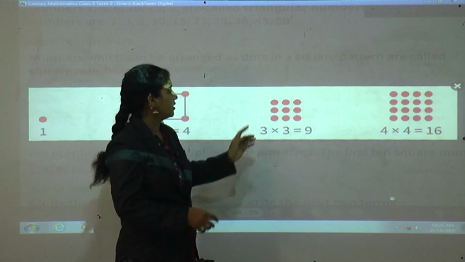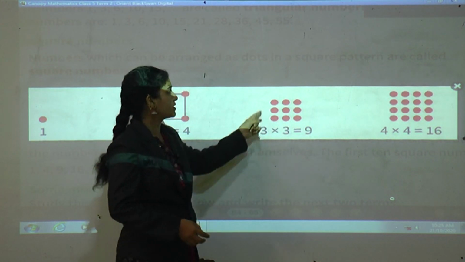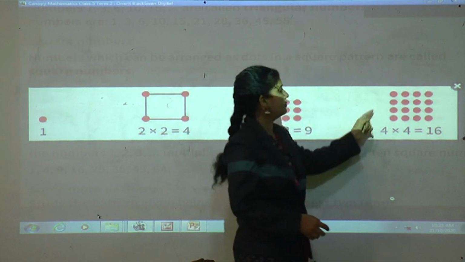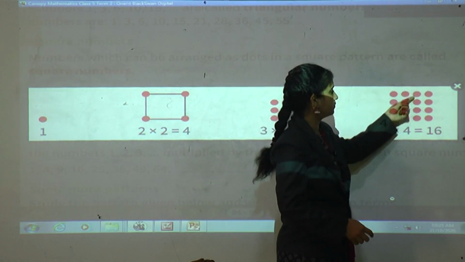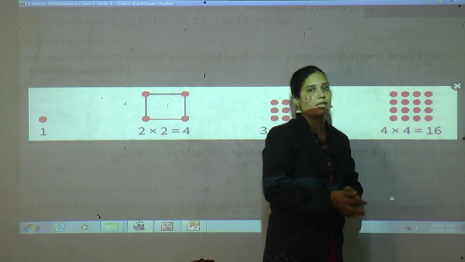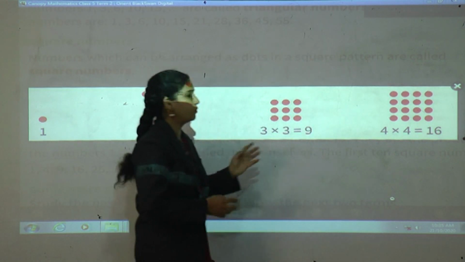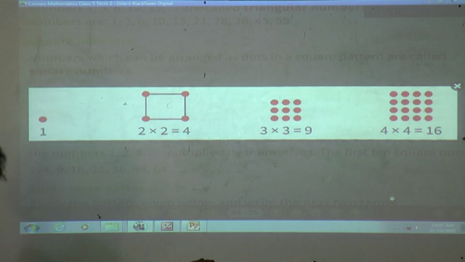Here 3 multiplied by 3, 9. It looks like a square pattern. Even here 4, it looks like a square pattern. 4 multiplied by 4, 16. Okay, now